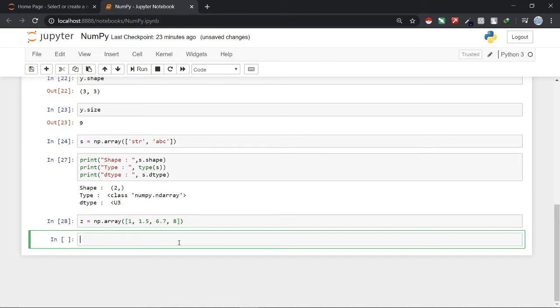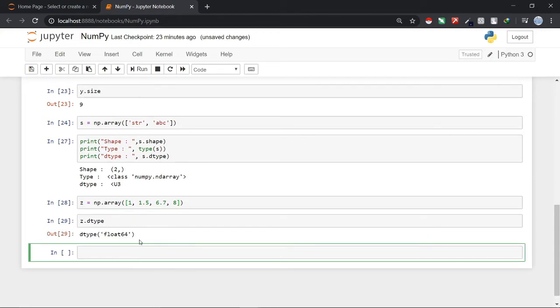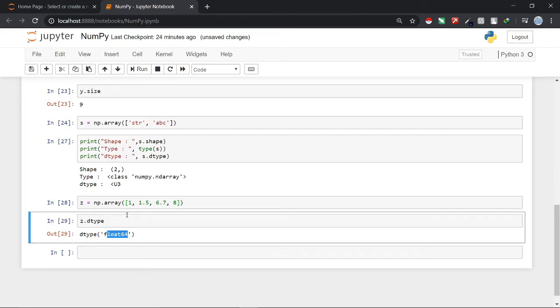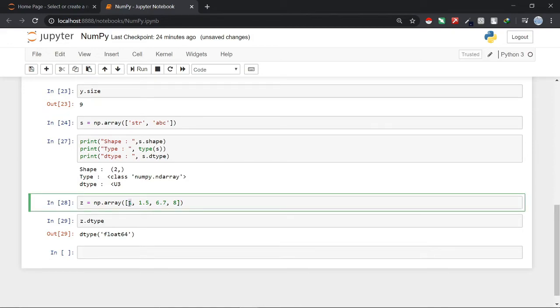We can do this with the help of the dtype attribute, and here you can see that it has provided float64 to all the elements stored in the array, while you can see that this array still has 2 elements stored as integer in it. But what NumPy does is it actually converts all the elements to float64 so that we don't have any error while we're doing some calculations on it.